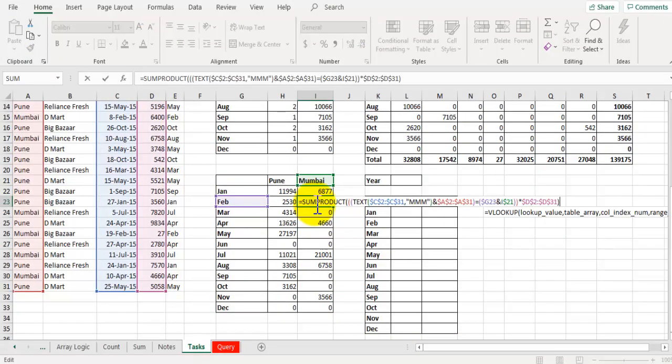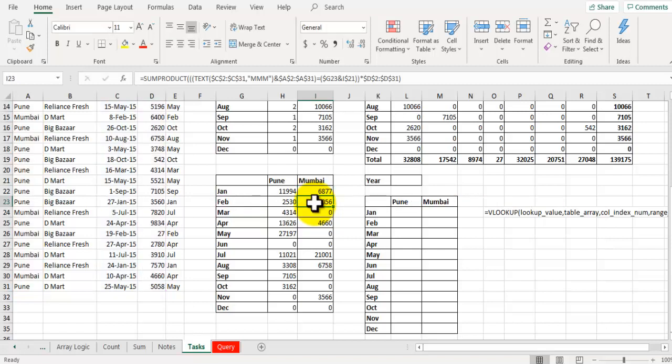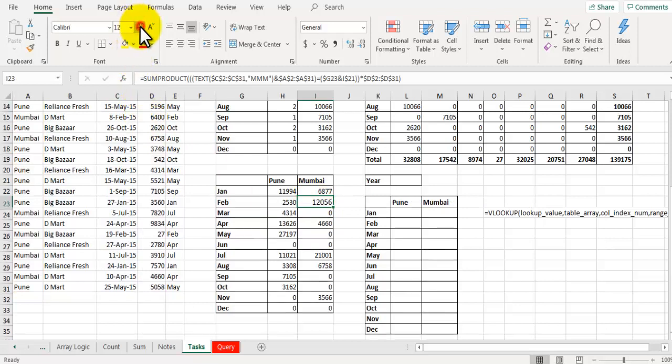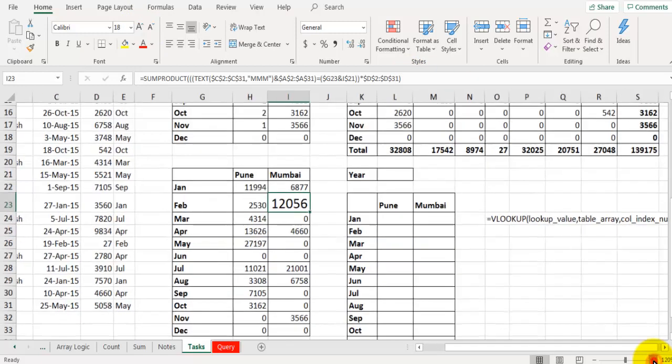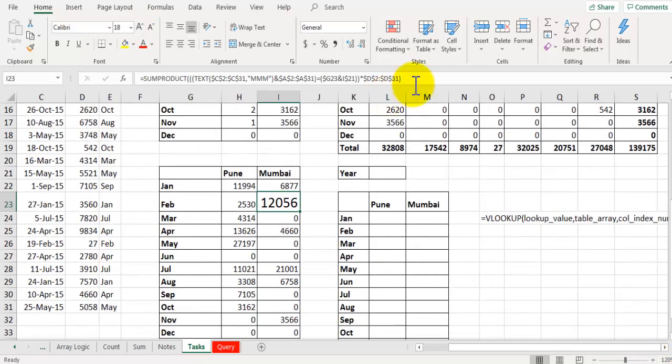Now tip number 2 is, if I go to this cell where I have a formula and press F2 to bring this in edit mode, you can see the formula written in the formula bar is not clearly visible to you, and you will not be able to clearly see what's written in the formula bar. Now I will go to the font size of this cell and let's increase the font size for the cell. Font size of the formula bar is not changing.